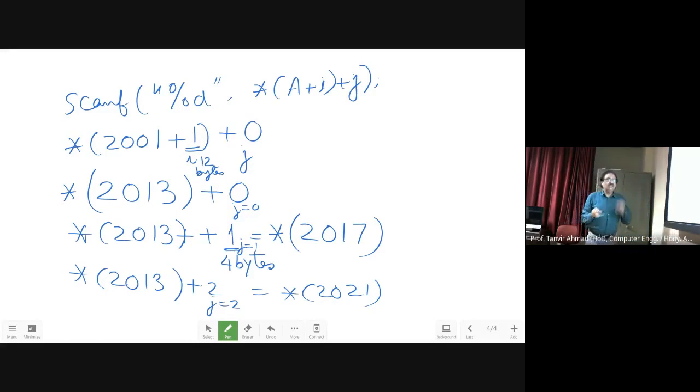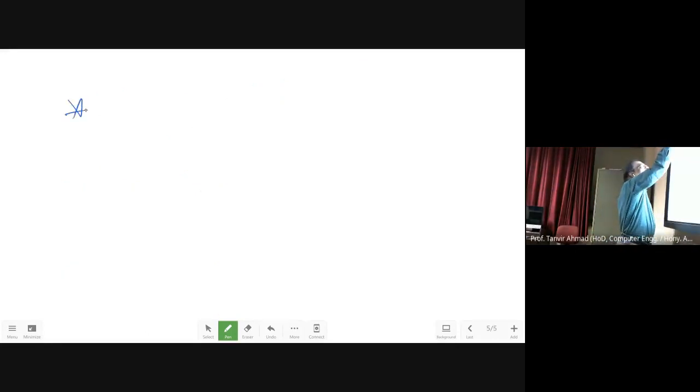That means in the next time this will terminate, and in the third case it will become star 2001 plus 2 plus 0.